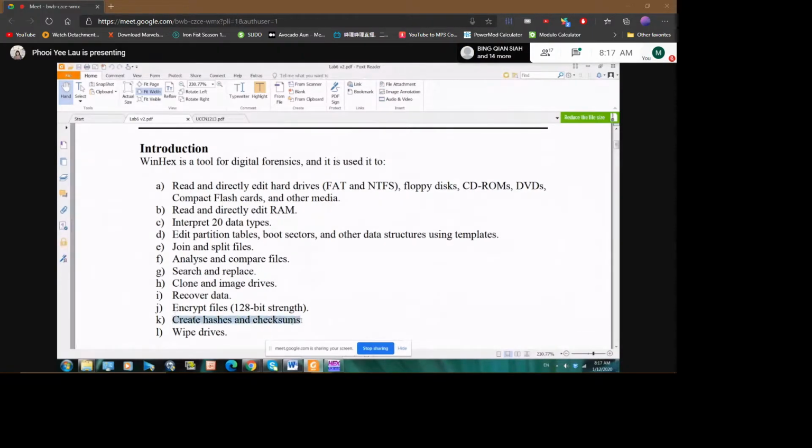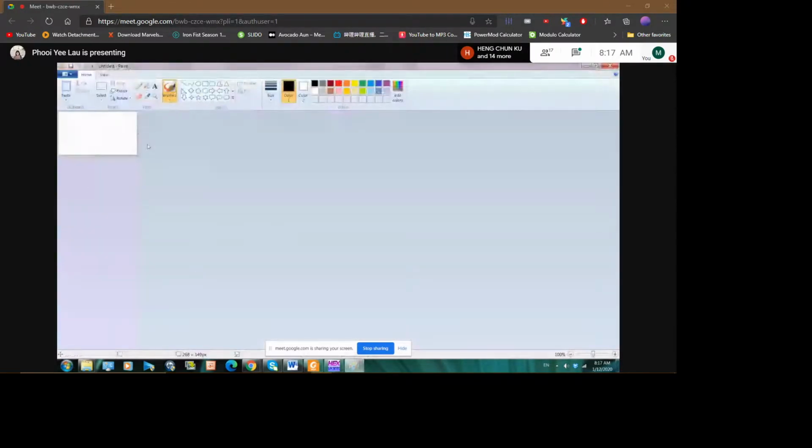Why do you want to create a hash? Remember the concept of hash. It is to check whether the file you receive is actually not a virus file, but an authentic file from your friend. Now, how do you check if your file is authentic? Let's say your hash,